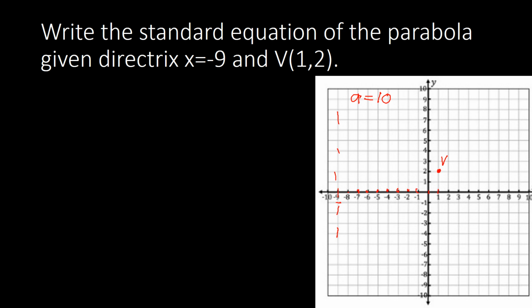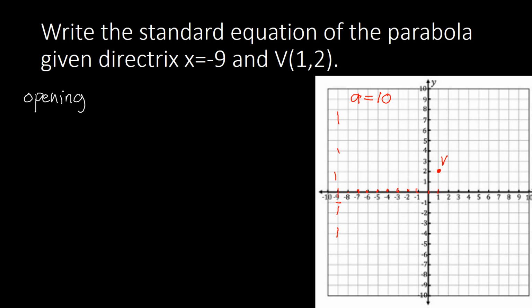Now, since we have the vertex and the distance from the directrix to the vertex, or our a, all we have to do is write down the standard equation of the parabola. First, we are going to identify the opening. If you look at your vertex, the vertex is on the right side as compared to the directrix. So basically that will be opening to our right side,